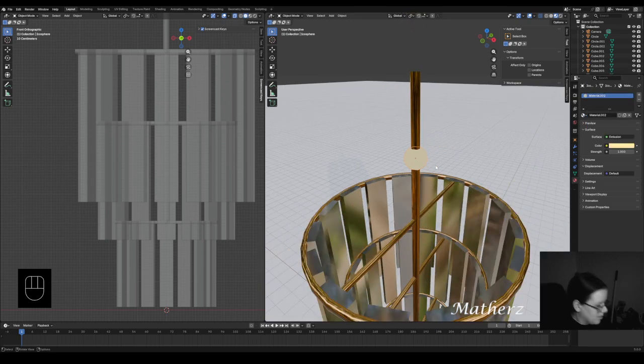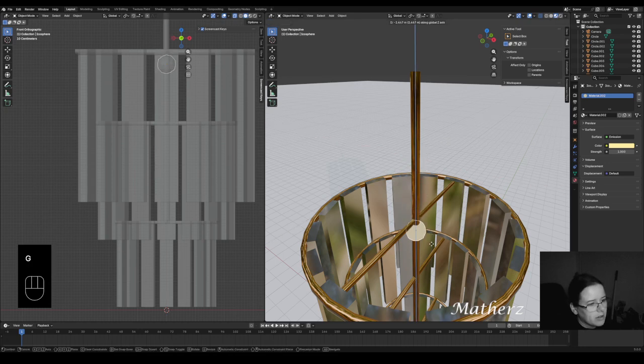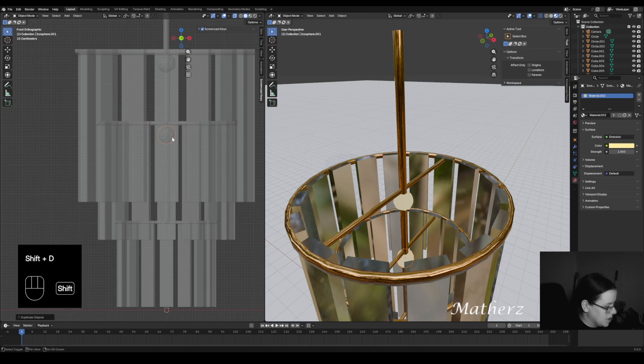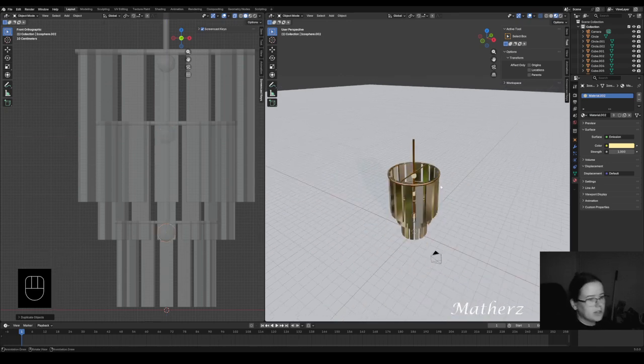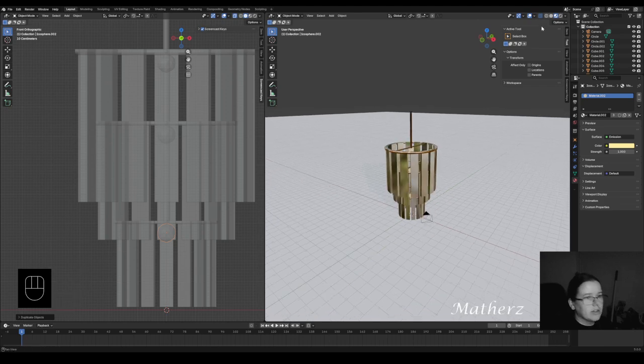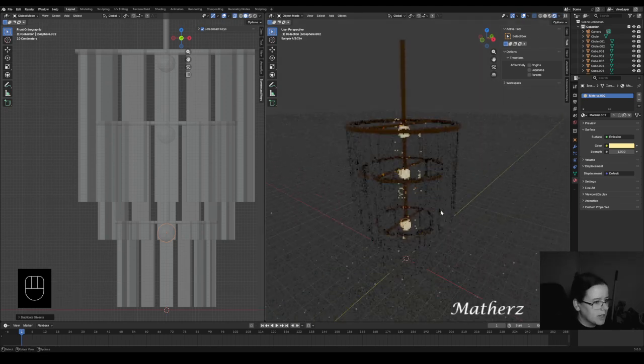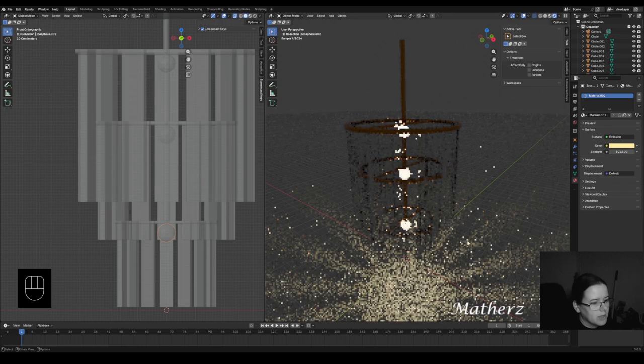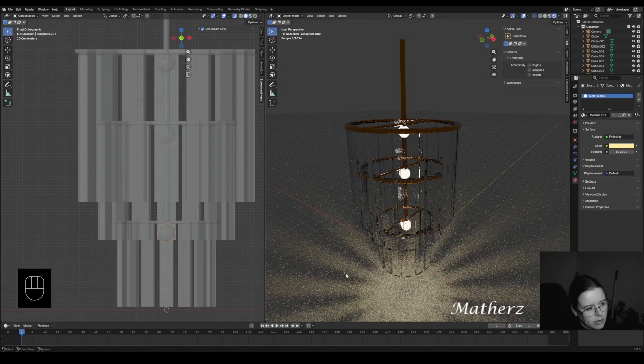So once we've got this, we can go ahead and press G, bring this down, put this into the middle or just underneath the support right there. And then we're going to go ahead and Shift D, bring this down to the next support, and Shift D, bring this down to the next support, as such. So when all is said and done, this should be your project. You've got the little lighting in the middle right there. You can go ahead and increase the strength of that emission,